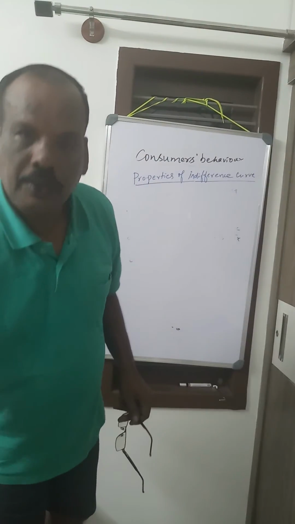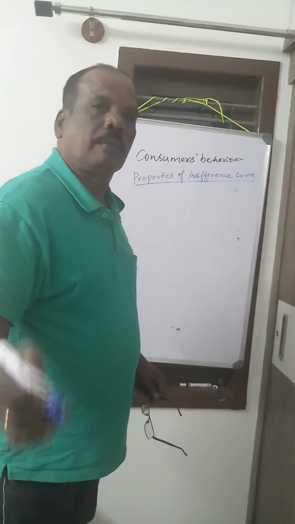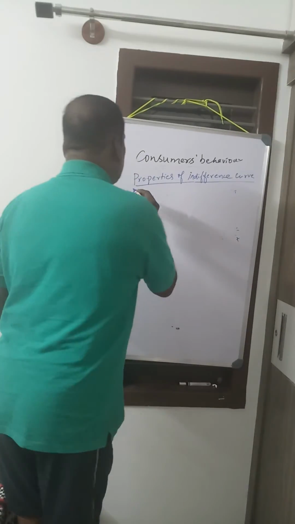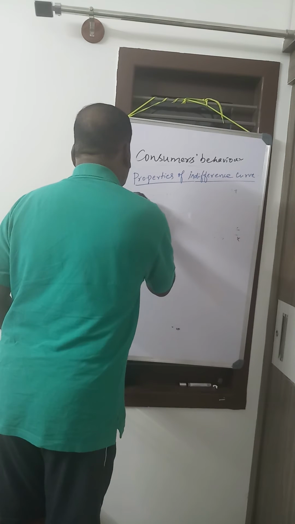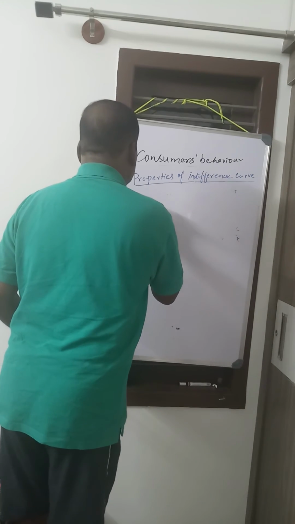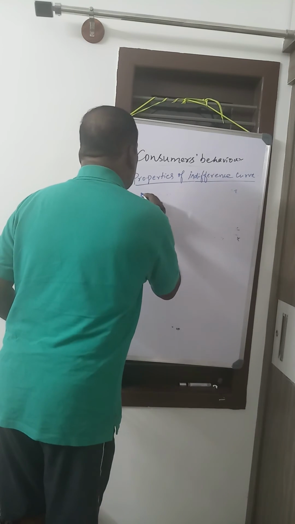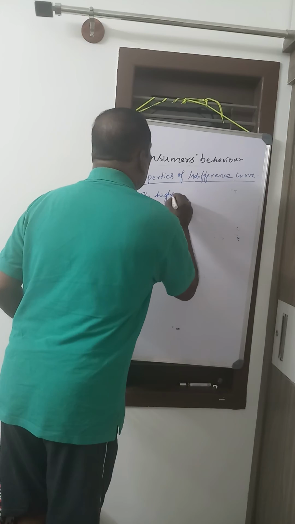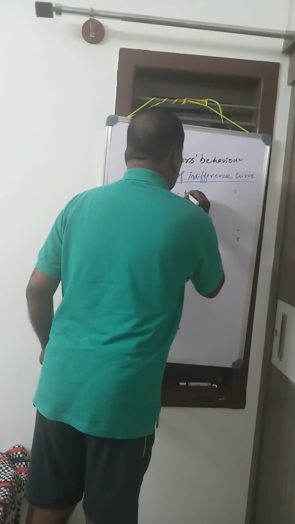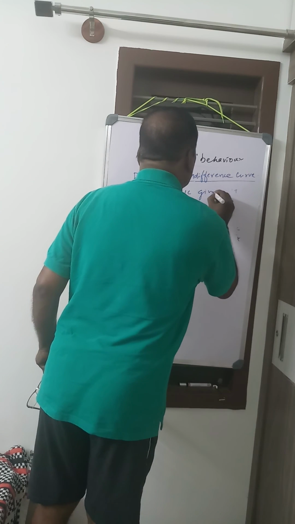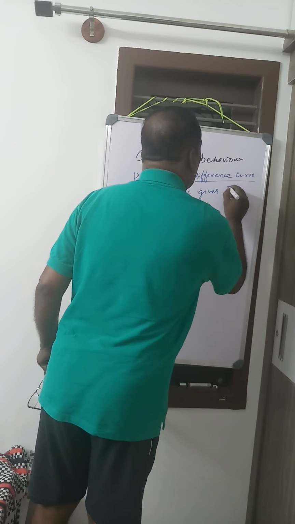The second property or feature of indifference curve, after number 1, is number 2, the second property: a higher IC gives higher